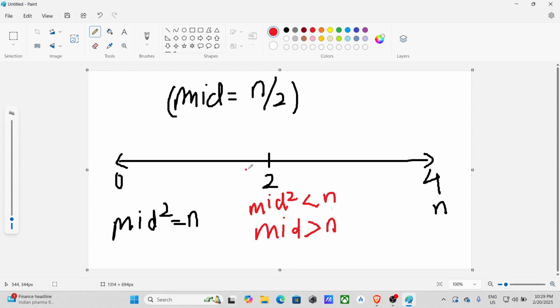Now what happens is that mid is greater than root n. So this is mid square, mid is less than n, and this is mid square n. Now how this happens, you definitely know that